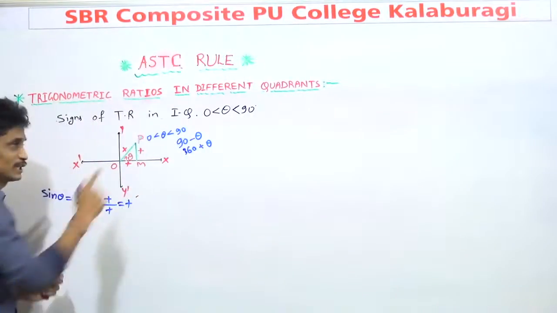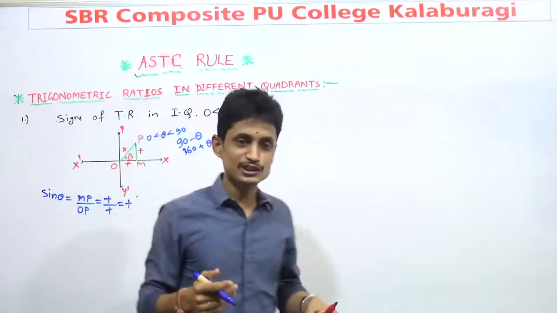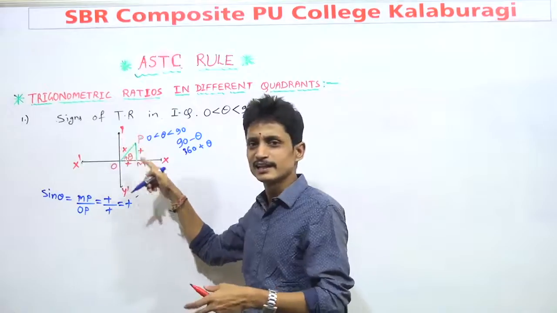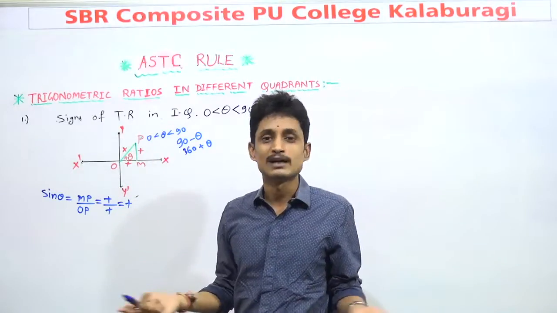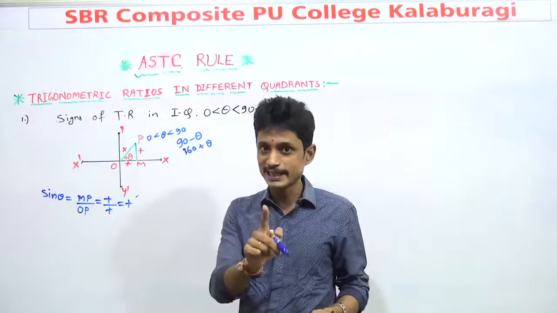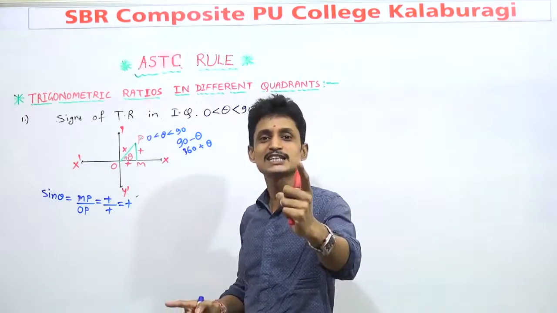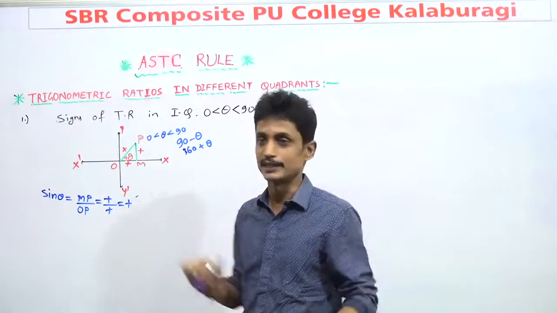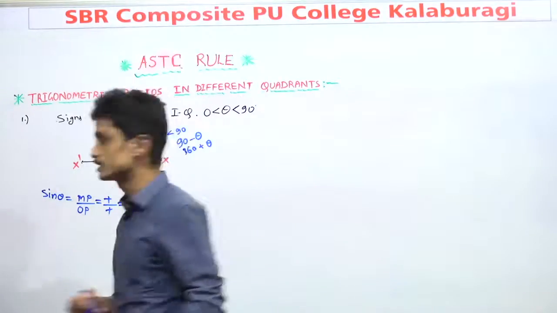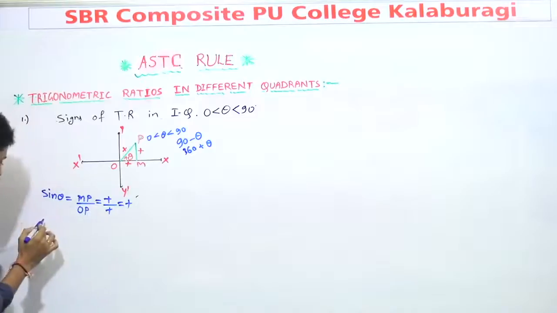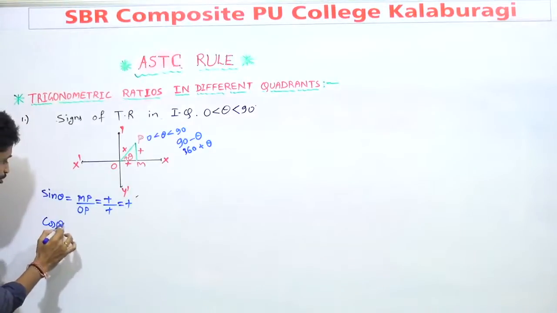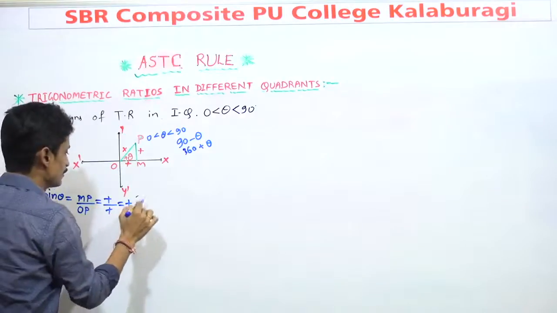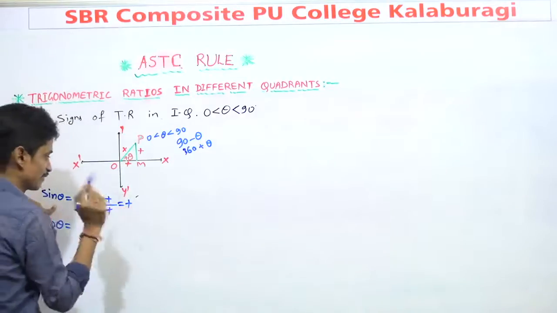Now, before the 90 means how you should think: sine 45, sine 1 degree, sine 89 degree. What will be the output? I don't know actually, but we can say that exactly these are positive quantities that we can predict. Okay, let us start for another ratio, that is cos theta. Before going to cos theta, once we define, we know that sin theta will be positive.